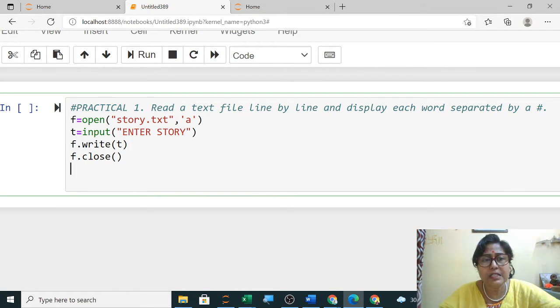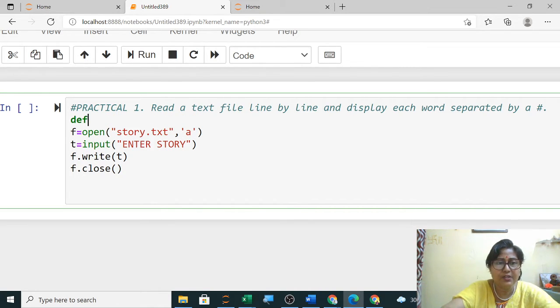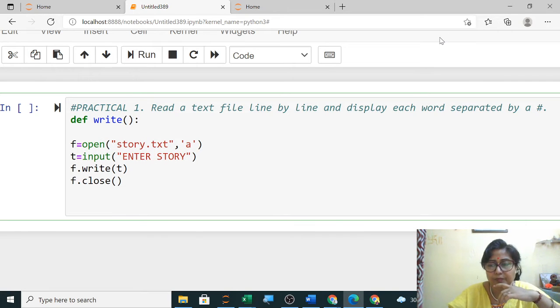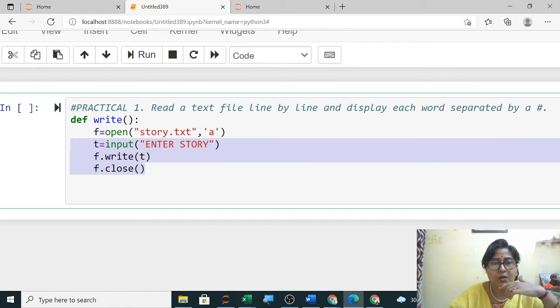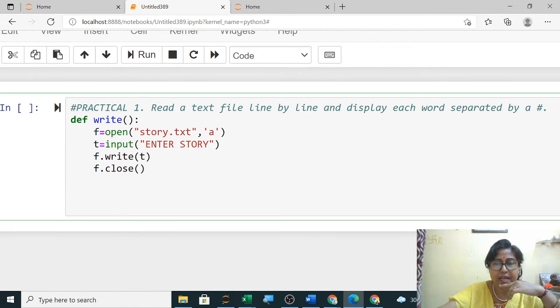Now menu driven is compulsory. So what I will do is put this writing in a file into a menu. So here I will use a function def to write in the file, and I will indent all of this. So this is done, writing in a file. Now I have to